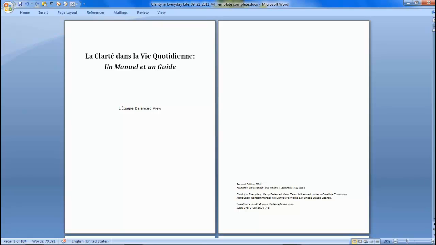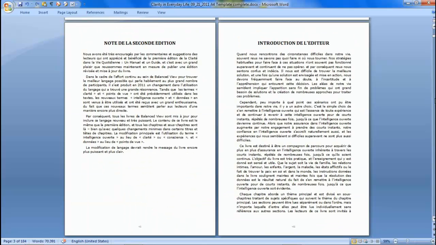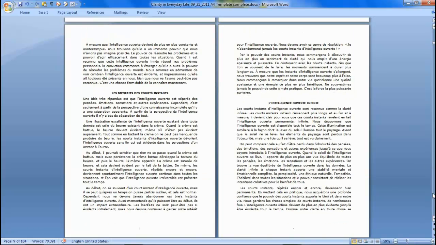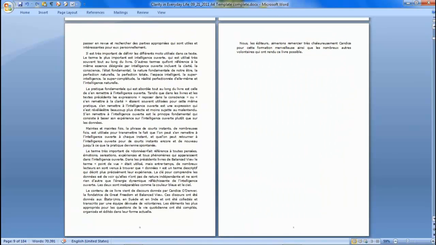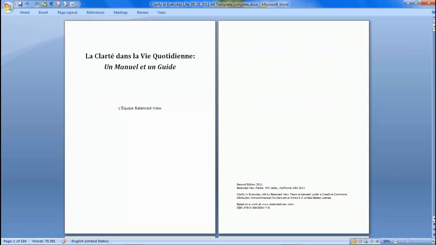So what we have done initially, we have transferred all the text from the French version into our template. And so if you see here, we have note to the second edition, introduction, editor's introduction, and then all the chapters, chapter 1, chapter 2, and so on, all in French. And the table of content for clarity in everyday life is